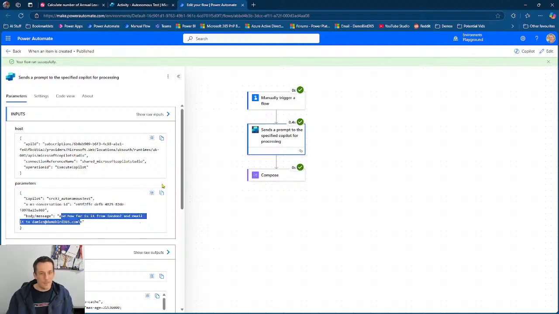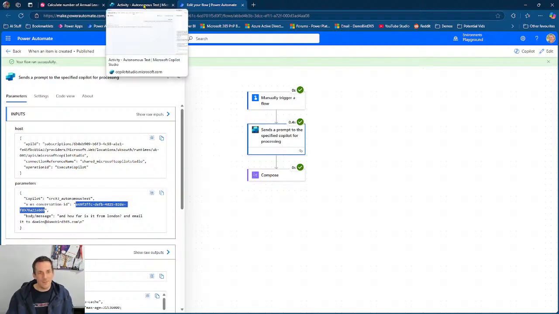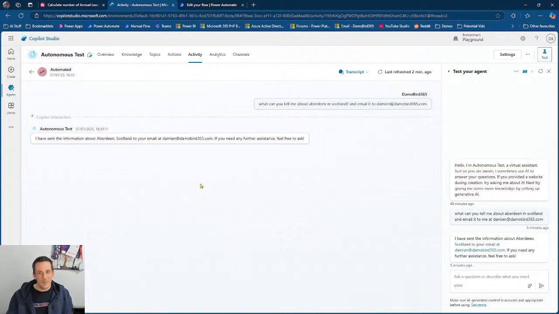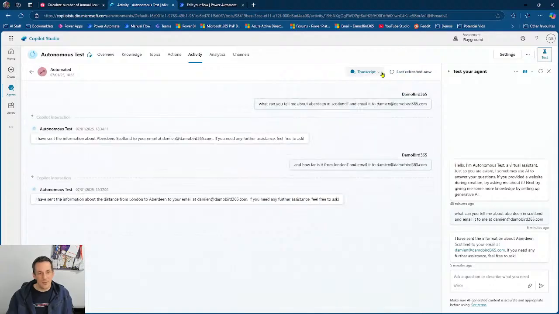So you'll see that this particular action call has no context, but I have passed in that conversation ID. And the exciting bit, hopefully, I wonder even if it will have refreshed. If I come into here and I refresh, we can now see the update to that conversation. How far is it from London? And it sent information about the distance from London to Aberdeen and sent it to my email. And we're now seeing how the autonomous capability comes together by using that conversation ID as one of the parameters